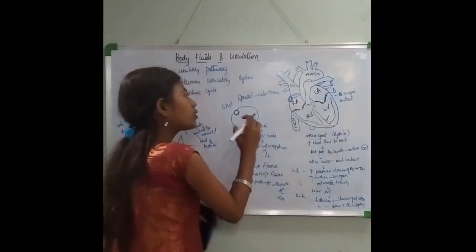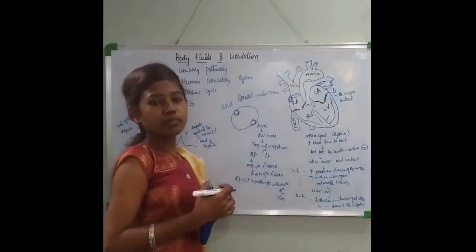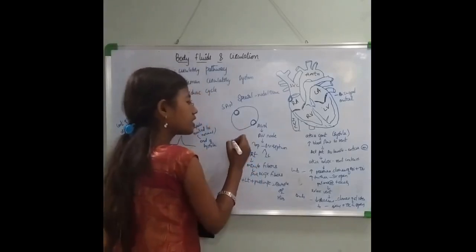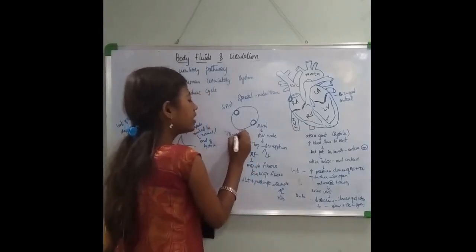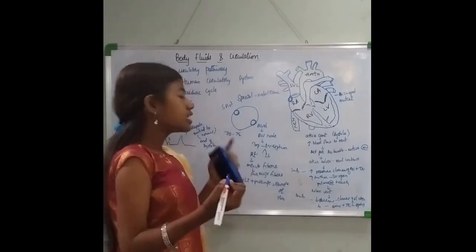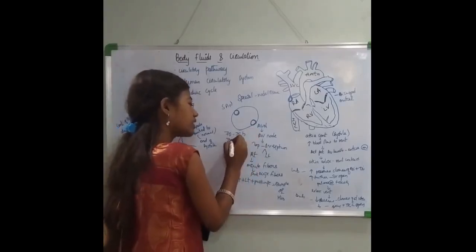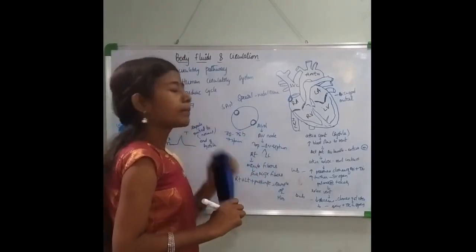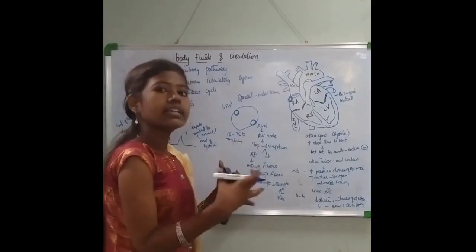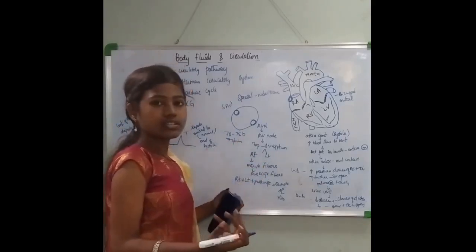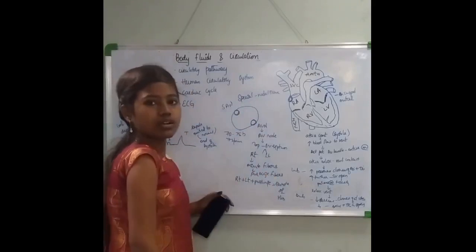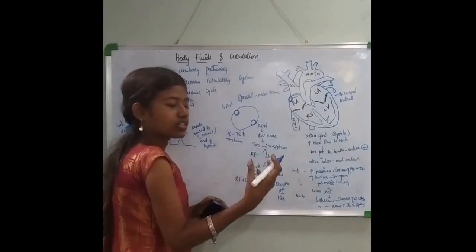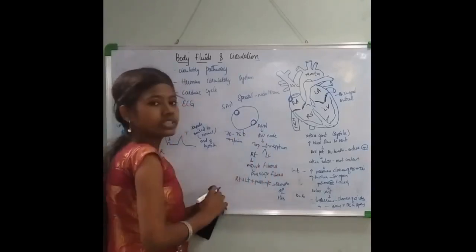Okay, so now the SAN has the ability to generate action potential even without external stimuli. It can generate action potential at 70 to 75 beats per minute. The average will be 72 beats per minute. Now this SAN is generating the action potential without external stimuli, right? So hence it is referred to as the pacemaker of the heart. On average it can generate 70 to 75 stimuli, and the average is 72 beats per minute.